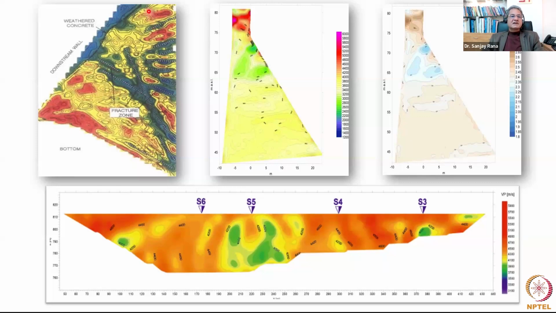So here, for example, you see a concrete dam, which has been investigated using seismic tomography between the downstream and upstream face, and we can see the fracture zones very clearly. Similarly, a masonry zone in a masonry dam investigated, etc. I'll go into detail of all this. The idea of these two slides was just to tell you that we can understand geophysics to a large extent like medical imaging. That is, without cutting open the body, without doing any drilling, we are trying to see what's inside a structure or what's inside the earth.